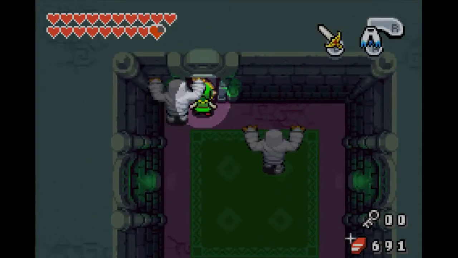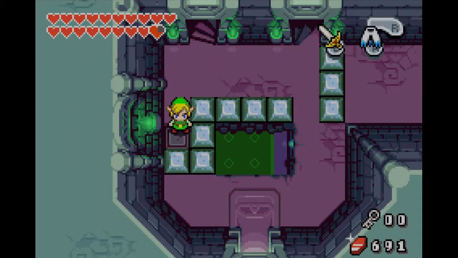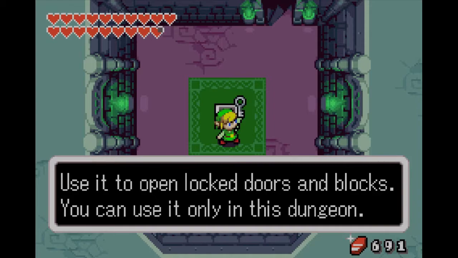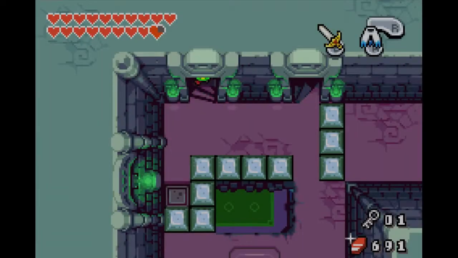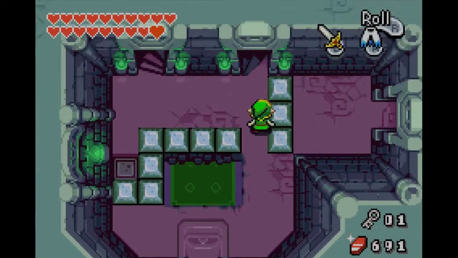With Gibdos. Whoops. Nice dodge. So we step on that switch. We can open a door there, and up here is our first key. So a little bit of a travail, but we got there in the end, and we managed to make some Stalfos look stupid. Little bit of a recharge room just outside, and